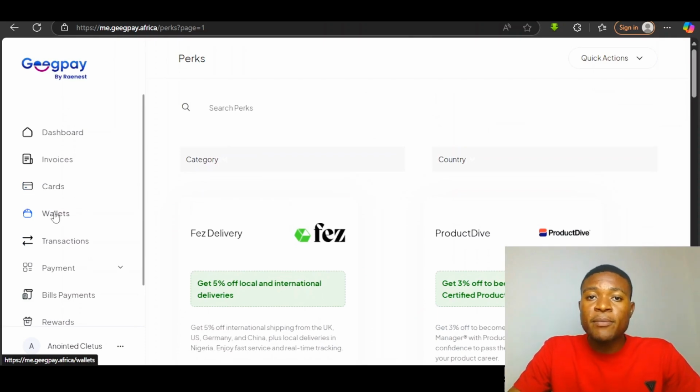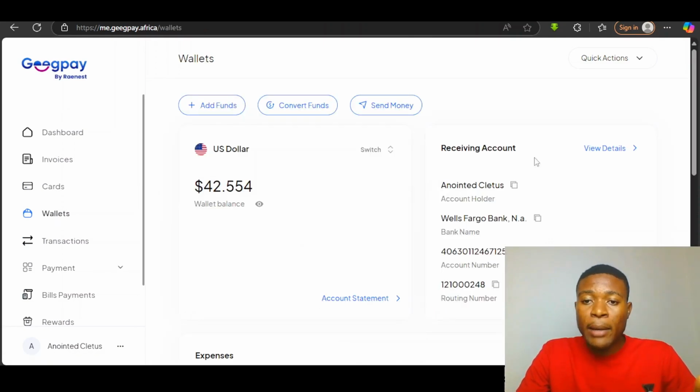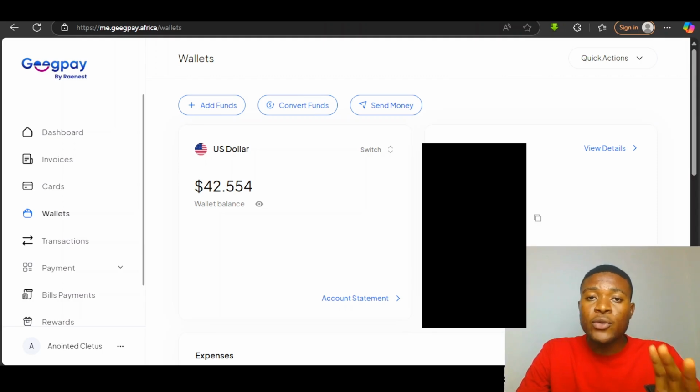Since we are going to be using Geegpay to connect to our Upwork account to receive payments, I'm just going to go straight back into the wallet section and then I'm going to copy my account details here. I want you to do the same thing. You are going to copy your account details and paste it somewhere that you're going to use it, probably on your notepad or somewhere in your laptop or your phone,